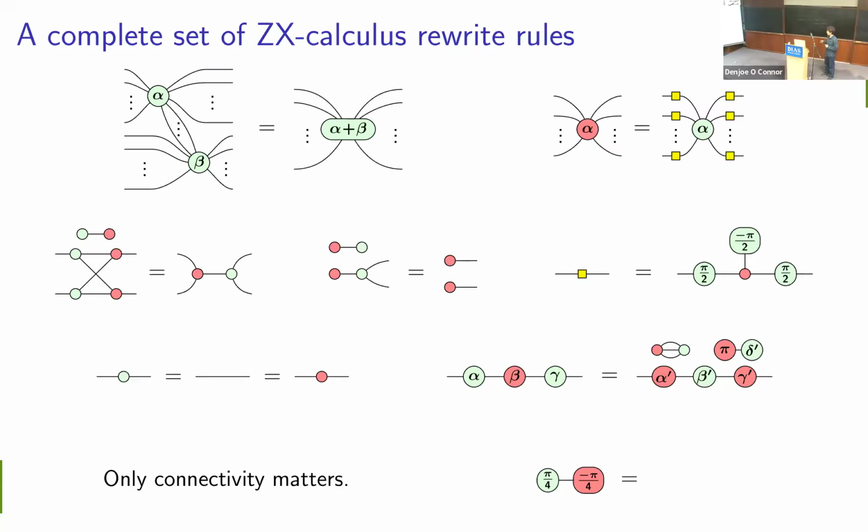And yeah, then we've got two rules that explore the relationship between the Z and X spiders and the Hadamards. So we can express the X spider in terms of just Z spiders and Hadamards, but we can also express the Hadamard in terms of just Z and X spiders. But what I should mention is that if we've got a spider that doesn't have a label on it, that's equivalent to having the phase 0. It's just a shorthand to leave that label of 0 out rather than writing it in.